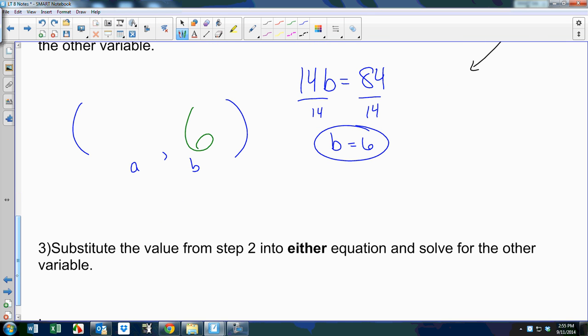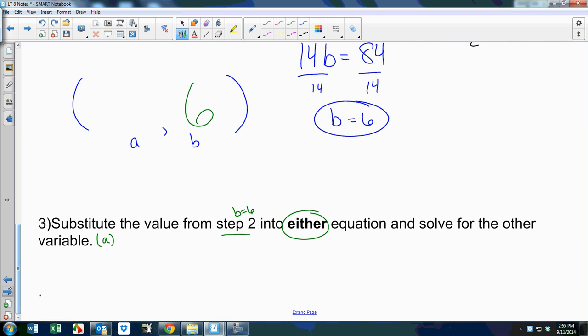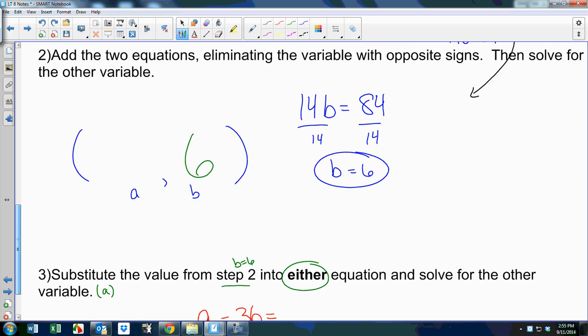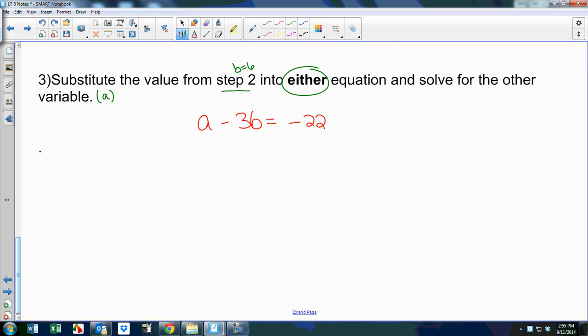Step 3 is the same step 3 it was in substitution. Substitute the value from step 2, so take your b equals 6 and plug it into either original equation and solve for the other variable, which in this case would be solve for a. So the first equation was a minus 3b equals negative 22. If we plug in b value 6,